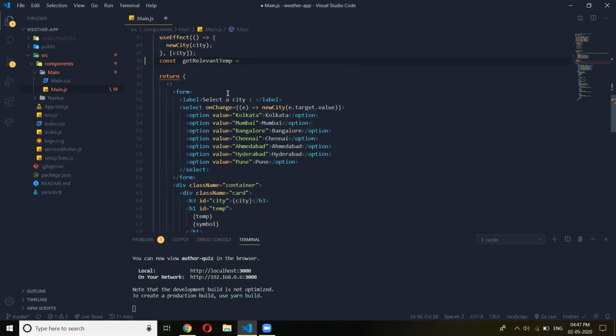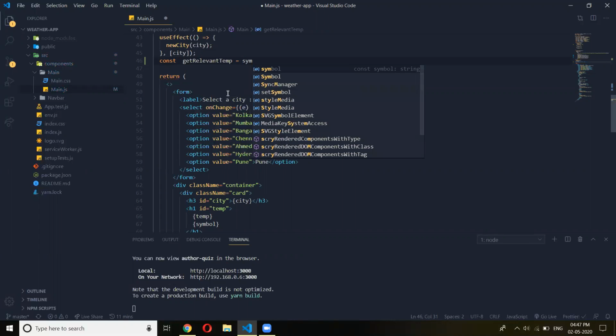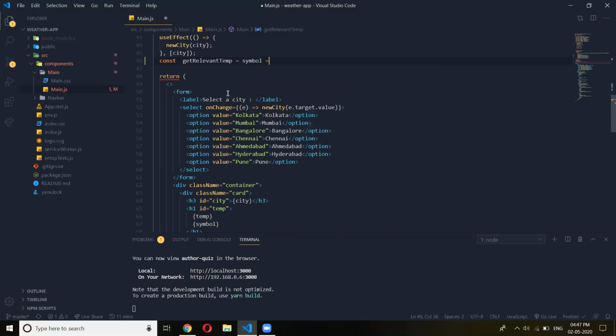It will take the temperature symbol. Okay, so it will take the symbol and it will return the relevant temperature.